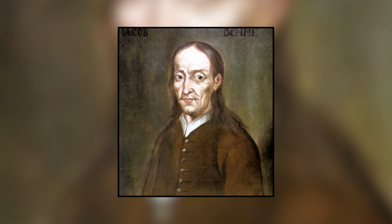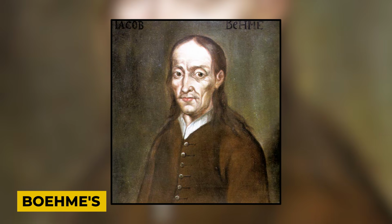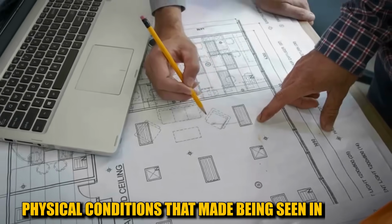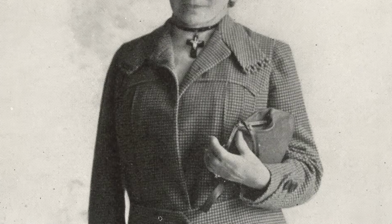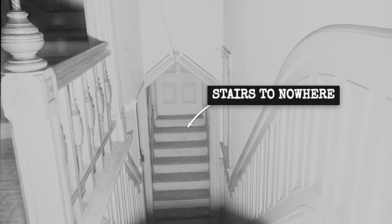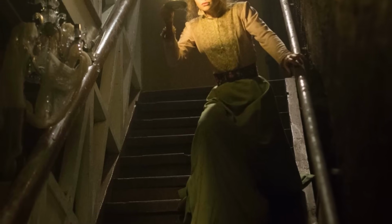So why did she live like a recluse? Boehm's answer is heartbreakingly mundane. Sarah had severe arthritis in her hands and poor dental health, physical conditions that made being seen in public painful and embarrassing. And the maze, the staircase into the ceiling, the door to nowhere, the balcony facing inward,